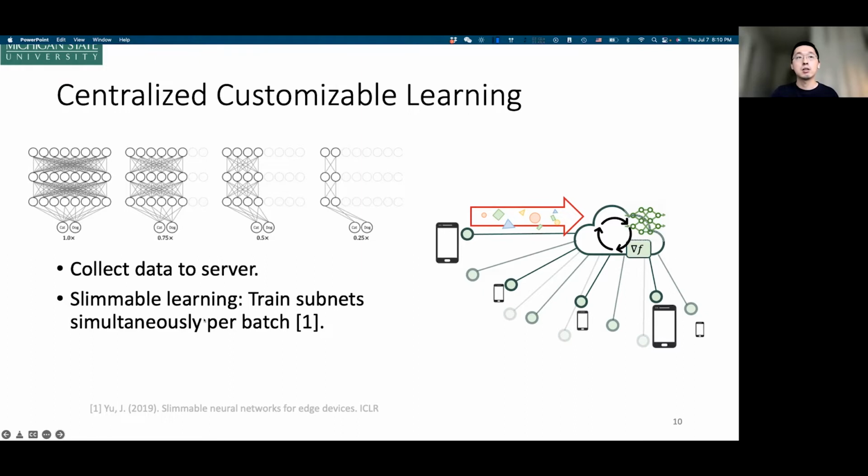The technique, slimmable learning, works like this: whenever you want a customization at test time, you do the training of customization during training time. That is, if you want this subnetwork to be effective at test time, then you train this subnetwork during training. So each subnetwork is defined by a smaller width of a network, which means a subset of channels per layer.